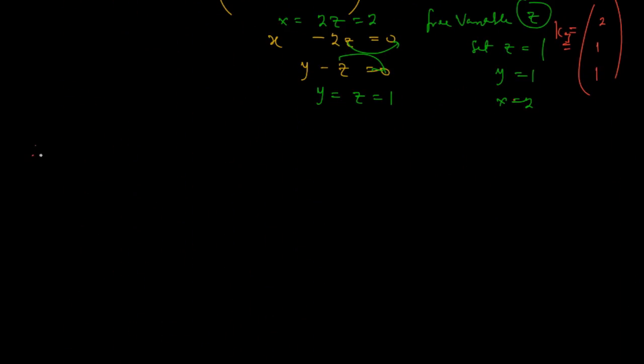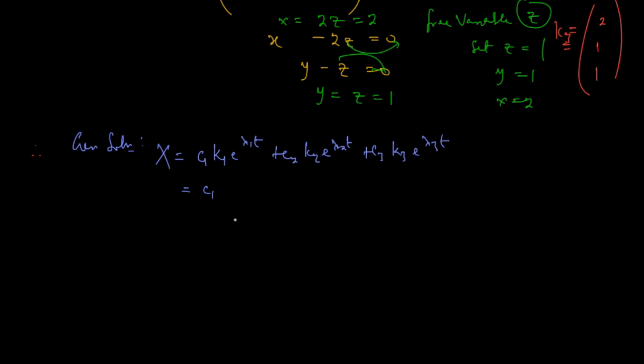So therefore, the general solution of the system which I'm trying to solve is going to be x equals c1 k1 e to the power lambda 1 t plus c2 k2 e to the power lambda 2 t plus c3 k3 e to the power lambda 3 t. And that's the same thing as c1 times k1, which, according to what we got above, is negative 3, 1, 1. And we said this eigenvector corresponds to negative 2,